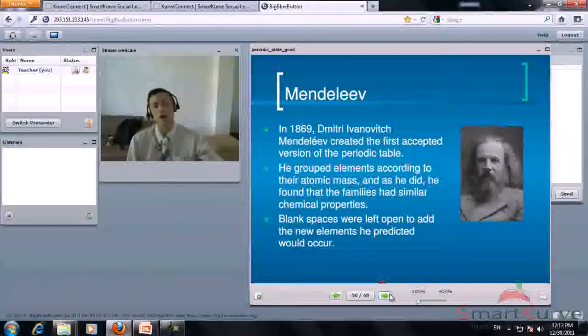So he was working on his own, and he just took these cards and wrote the names of the elements on the cards, and then he started putting them on a table by their different properties. And then he realized that if he put all these alkali metals here and all these noble gases here and then all these halogens here, that they would fall into nice little columns, and from that he could make the different families of the periodic table.